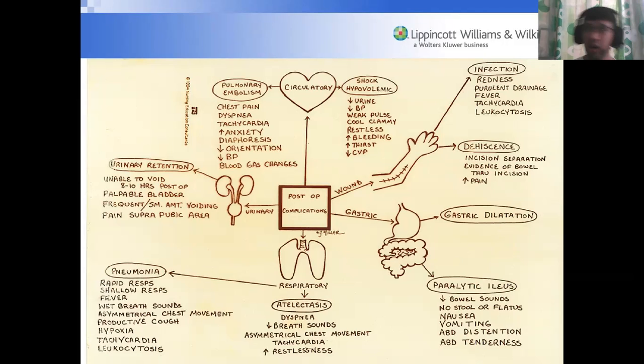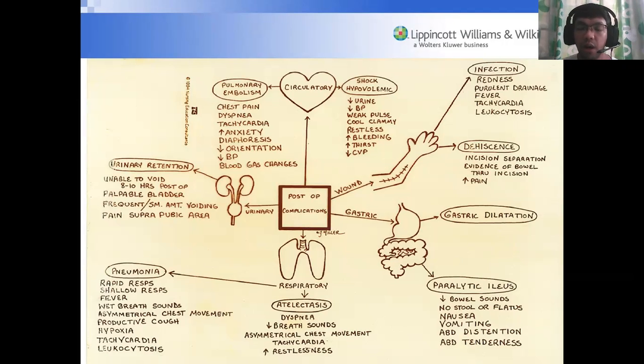So pulmonary embolism can occur post-op. An embolus of a blood clot can block the blood vessels supplying the lungs. How is gas exchange going to occur if there is blockage? So that is also a dangerous